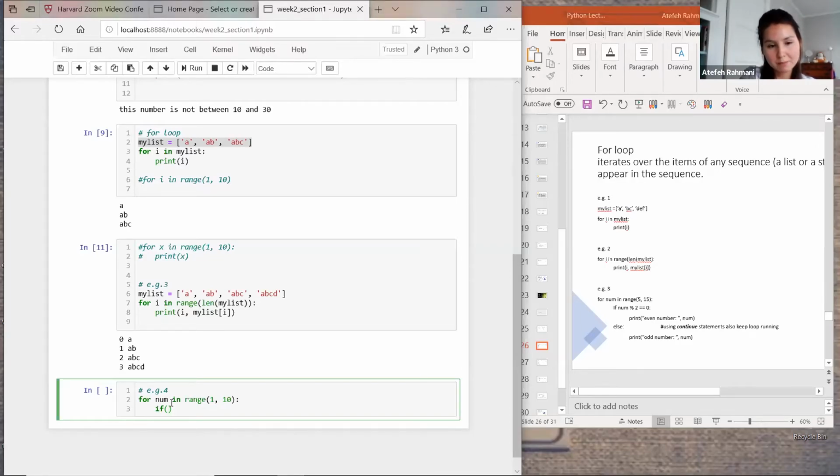We can say if num mod 2, do you remember this was mod, equal, we are checking, so all the time logical operators. We're going to use that logical operator. Do not write something like this. Do not write like this, single equal. This is wrong, okay? Equal 0. If the remainder of this number divided by 2 gets 0, therefore